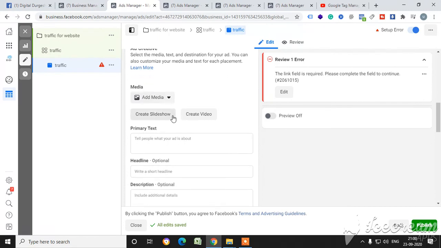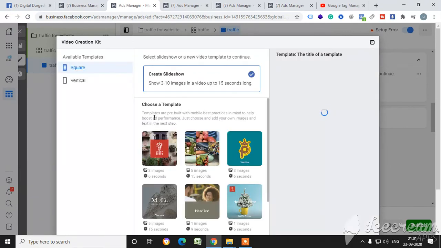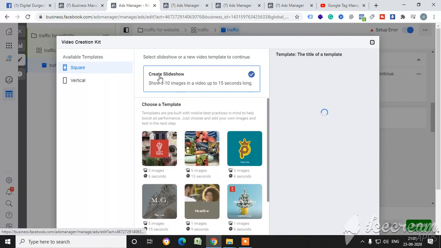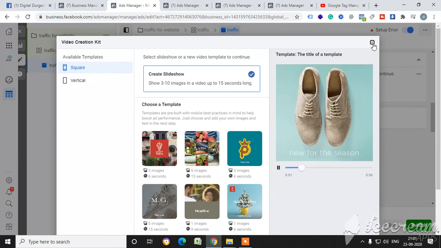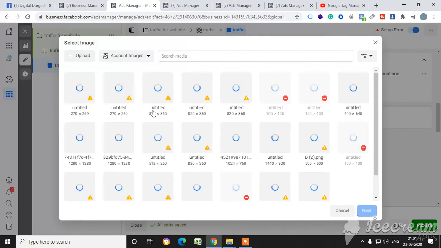And ad creative, what you have to do, you have to select something to show your ads. See, this is create slideshow, but we are not going to select this. Let's cancel this. We have to add media.